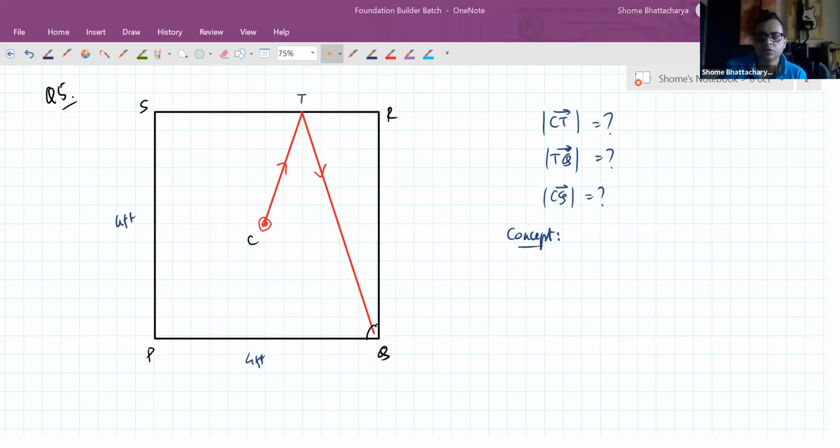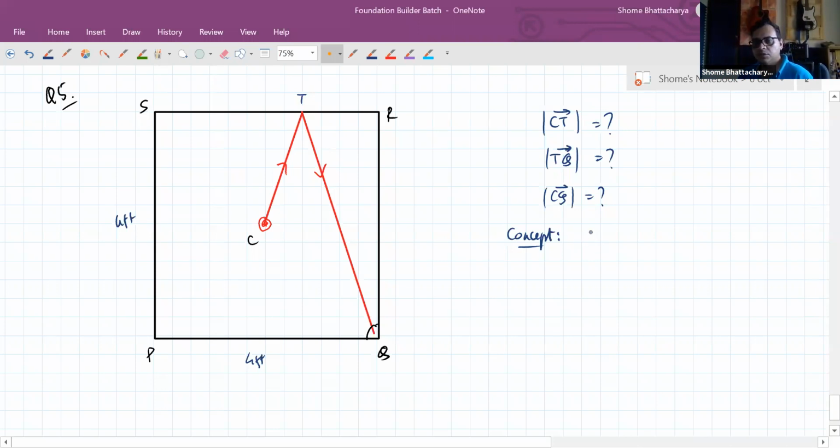Okay, so students, I think all of you are logged on. So we'll just resume from where we left. So we're discussing that carrom board problem. So I was going to tell you the concept that we use for solving the geometry of this, and that concept is that we are going to treat the rebound or the collision with the wall in front. The rebound at the point T will be treated like a reflection, like a mirror image reflection.